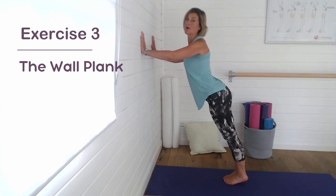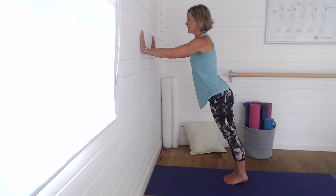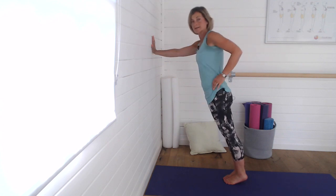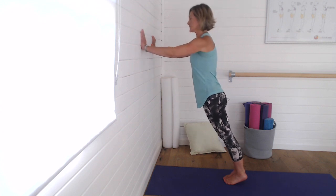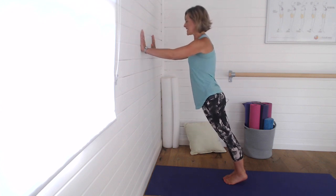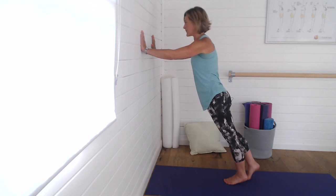Relax your shoulders down. Make sure you haven't arched your back. You don't want this. Okay, so you want to make sure your pelvis is in a really flat line with your pubic bone. We're going to hold this here, breathing in, breathing out. Now to make it more challenging, you can step further back,